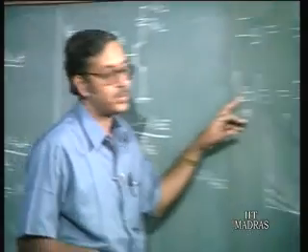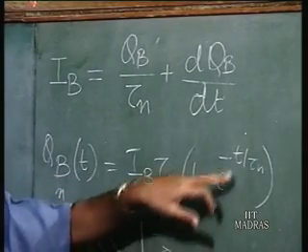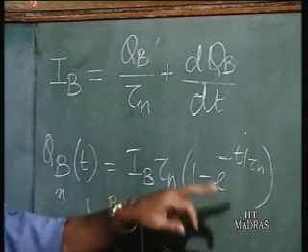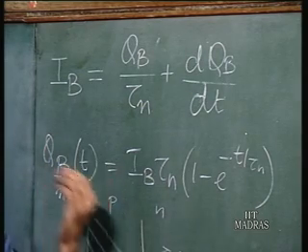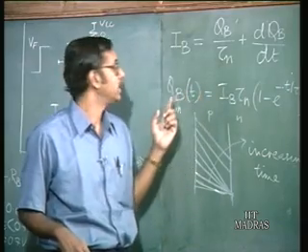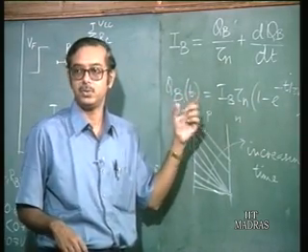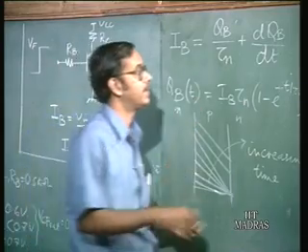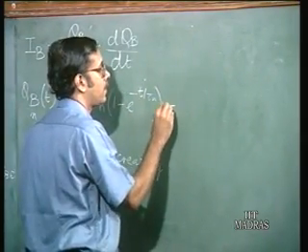So, at saturation, if you go back to this equation now, QBT is equal to IB tau n (1 minus e to the power minus T by tau n). So, you have to write at T is equal to, say, T on, that is the time required when the transistor goes to saturation. At T is equal to T on, QBT is equal to IC sat into tau T. So, I will write in this equation,